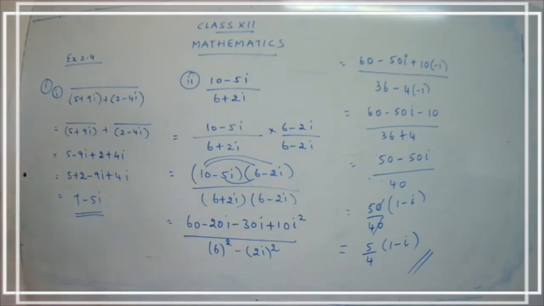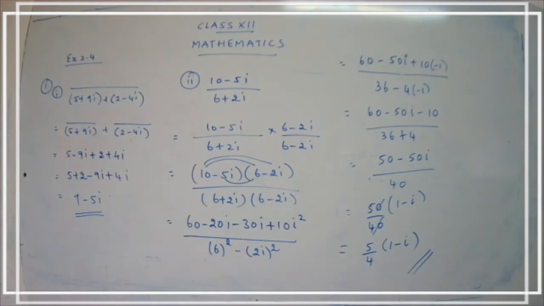(1 minus i). I hope you are clear with the multiplication and you know how to change the given number into rectangular form. Try to solve it and get the answer, children, okay? So do not keep the imaginary number in the denominator part. Try to take the conjugate, multiply and divide by it, and try to simplify the numbers. Is it clear, children? Okay.